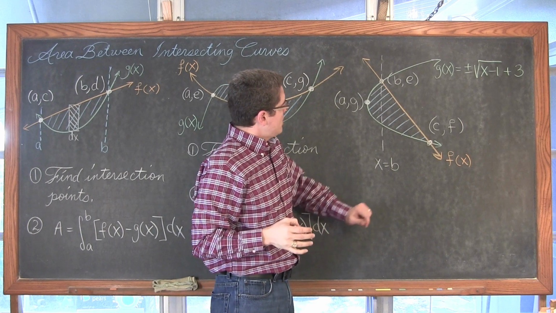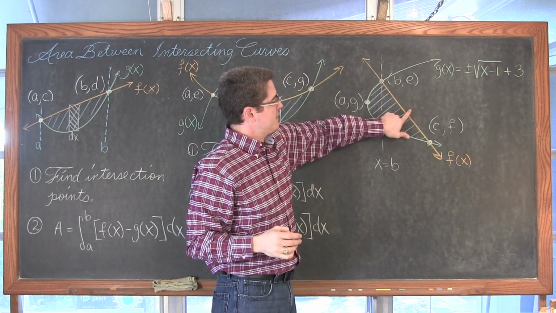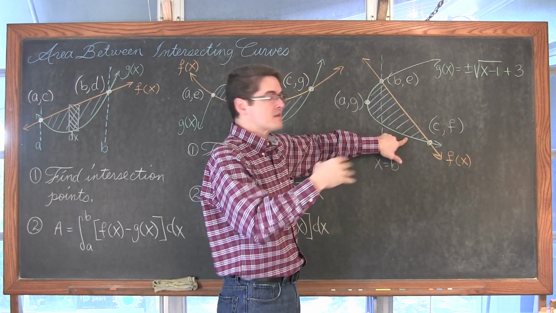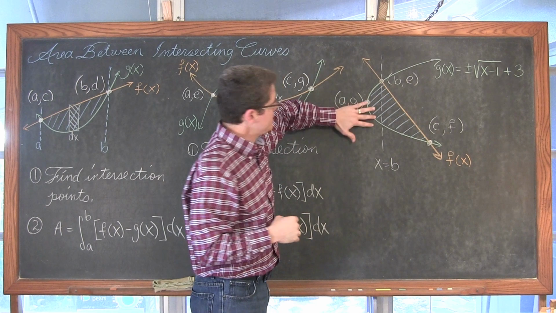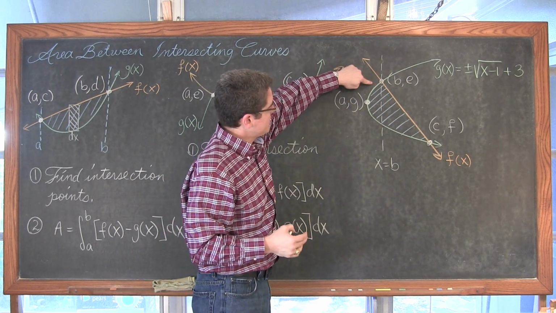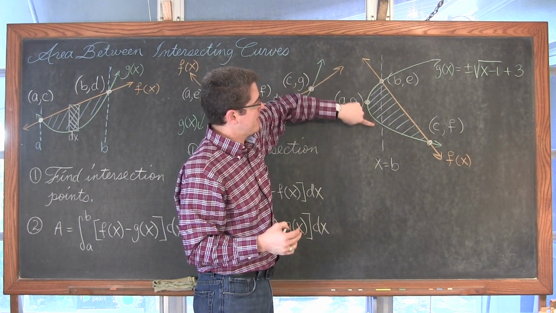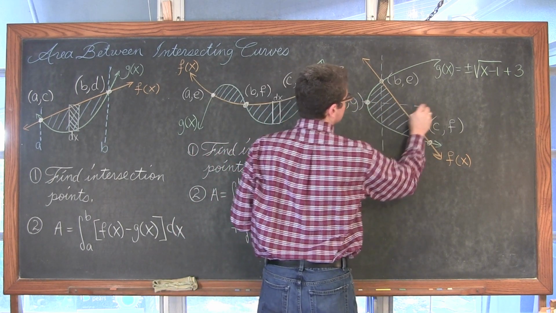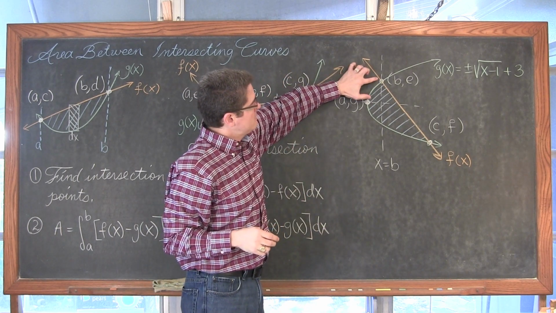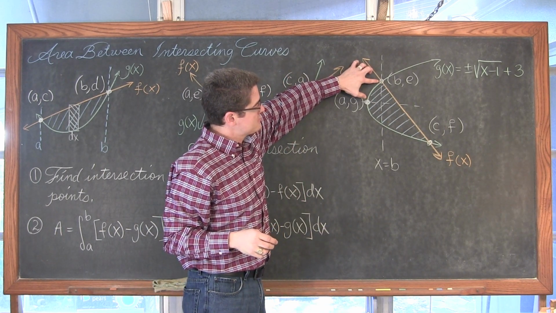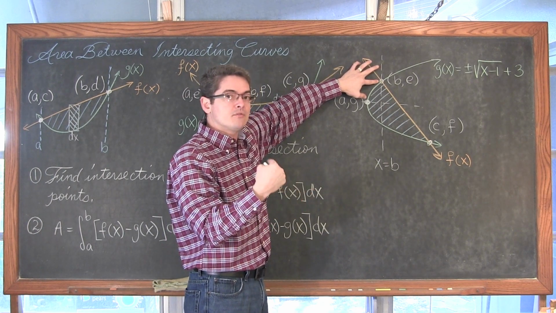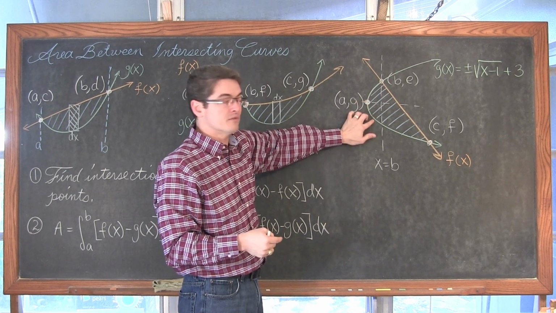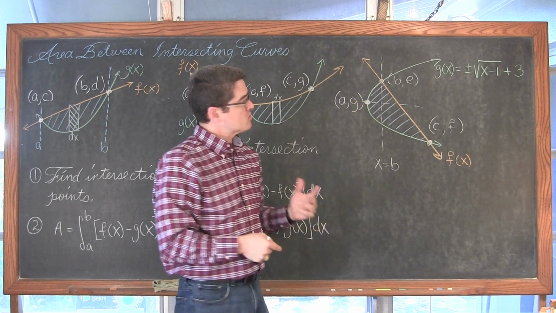Well, then we're talking about the lower half. So this would be something like f of x minus negative square root of x minus 1 plus 3. But then what do you do over here? Because it's sort of like this parabola is its own upper and lower values. So you would have to account for a horizontal line going through here, and we would be subtracting this function, the square root of x minus 1 plus 3, with this part of the function, which is negative square root of x minus 1 plus 3.